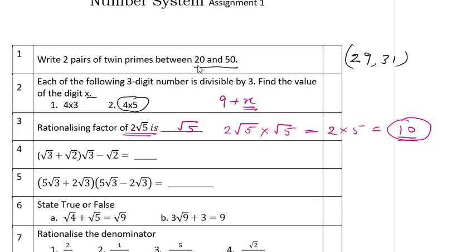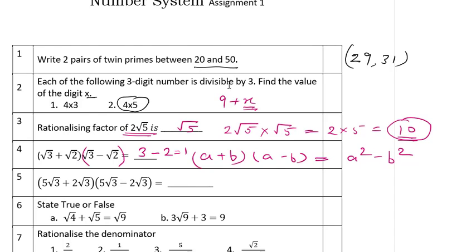Now the next question is (3 plus root 2) into (3 minus root 2) is equal to. Now you know the formula of (a plus b) into (a minus b). The formula for (a plus b) into (a minus b) is a square minus b square. So here you are going to apply that formula. So root 3 into root 3 is 3, minus root 2 into root 2 is 2. So 3 minus 2, you will get 1 as the answer.